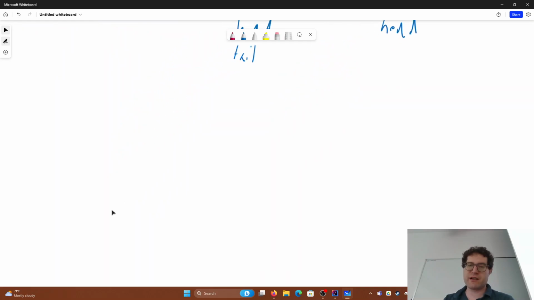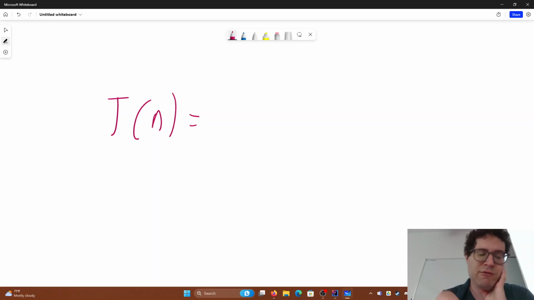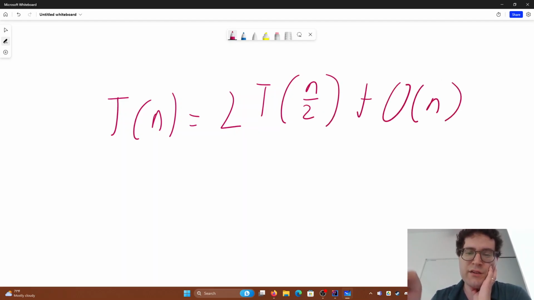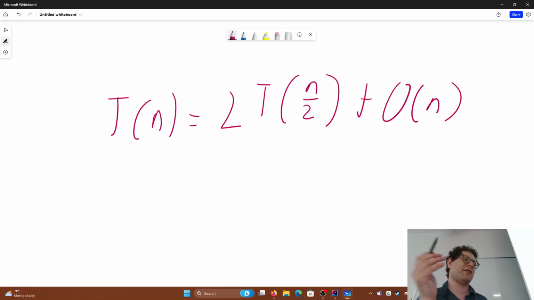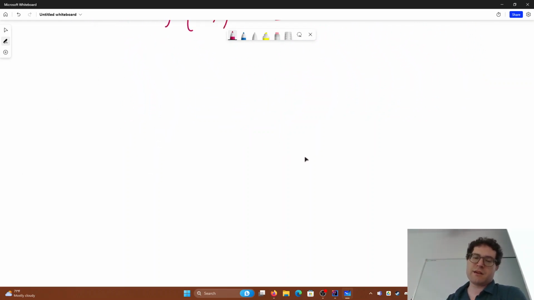Merge sort is a fairly interesting algorithm. Its runtime looks like this, which is T of n is equal to 2T of n over 2 plus O of n. It's a recursive algorithm. That's why the runtime looks like that. Recursive algorithms and essentially merge sort